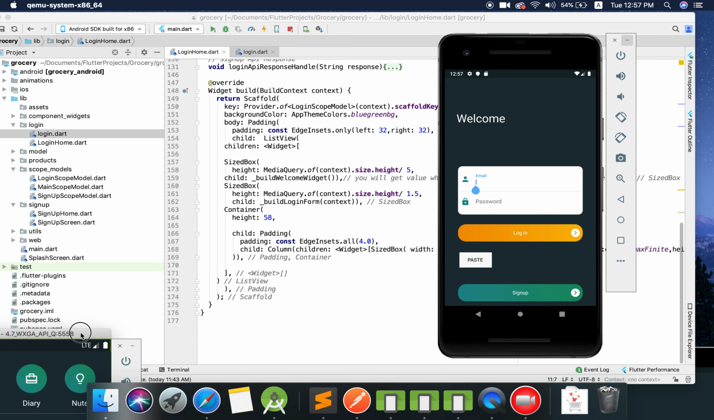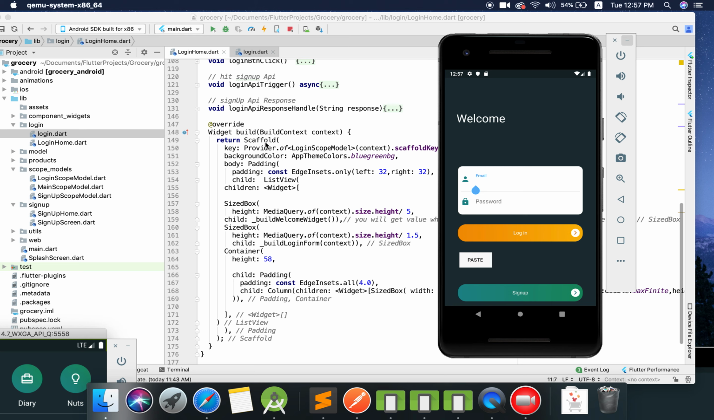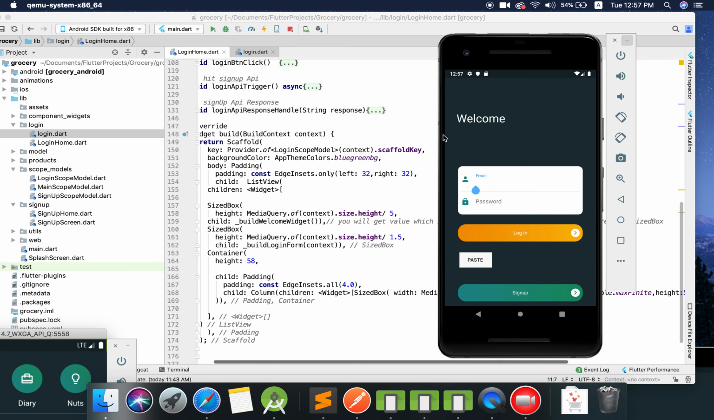So here is the main code. Here I created a scaffold. In the scaffold, I created a list view. So here is the main thing. In the list view, I created three widgets, three children. The first child is the welcome widget. So what I did here is that I gave it a height of